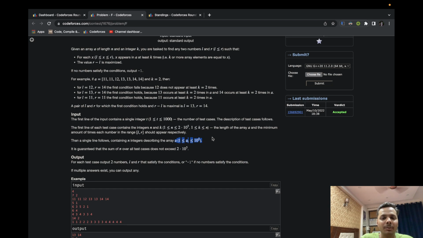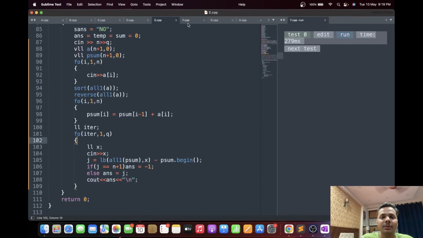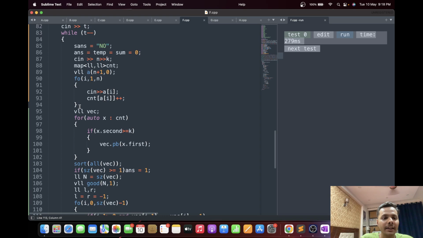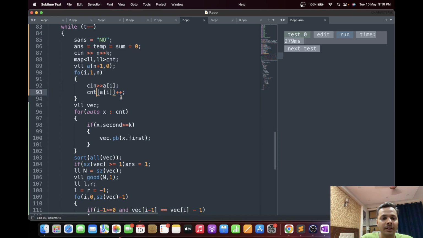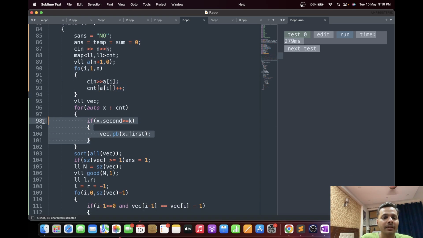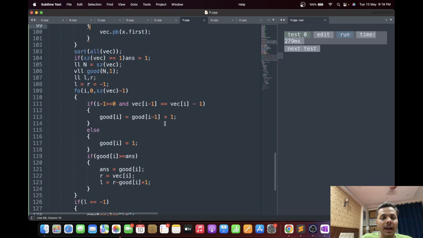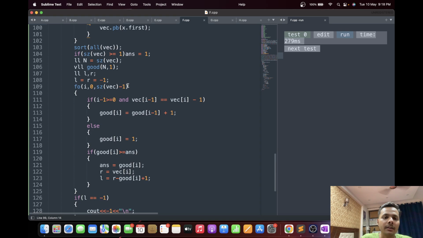So this is a very easy problem. Now we can simply do it using a DP. I mean, there are easier ways, but the way I did it is using a DP. So let's have a look at the solution. First of all, I create a map where I count all the frequencies, and if the frequency of an element is greater than or equal to k, then I push it into a vector and say that it is a special element. Then I iterate over all the elements of my vector,